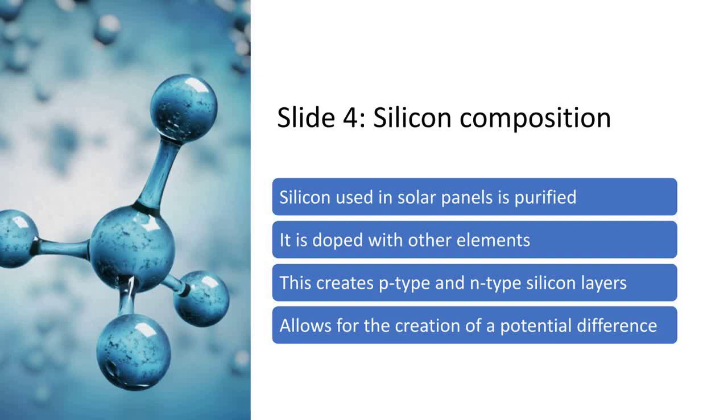When these layers are combined, it creates a potential difference between them. This potential difference allows the solar panel to generate electricity by creating an electrical field that drives the flow of electrons from the n-type layer to the p-type layer. The doping process is a crucial step in creating the necessary layers of silicon to generate electricity in solar panels. As we move through this presentation, we will explore how the composition of silicon can affect the efficiency and performance